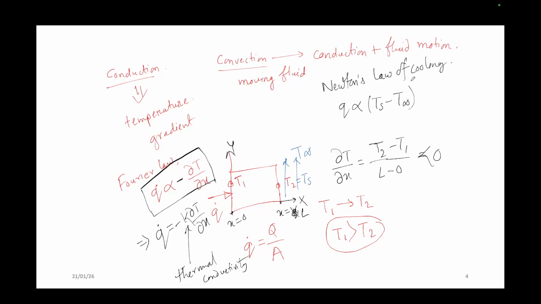So Newton's law of cooling states that because of the temperature difference between the bulk motion of the fluid and the surface temperature, there will be a heat transfer, and that is known as convection. So if I replace this proportional symbol, I have to put a constant h, where h indicates the heat transfer coefficient. Okay, this is your heat transfer